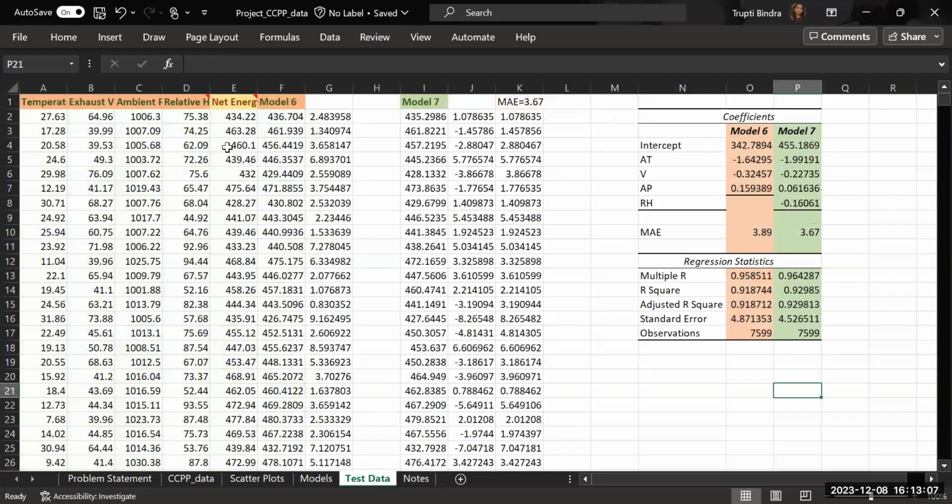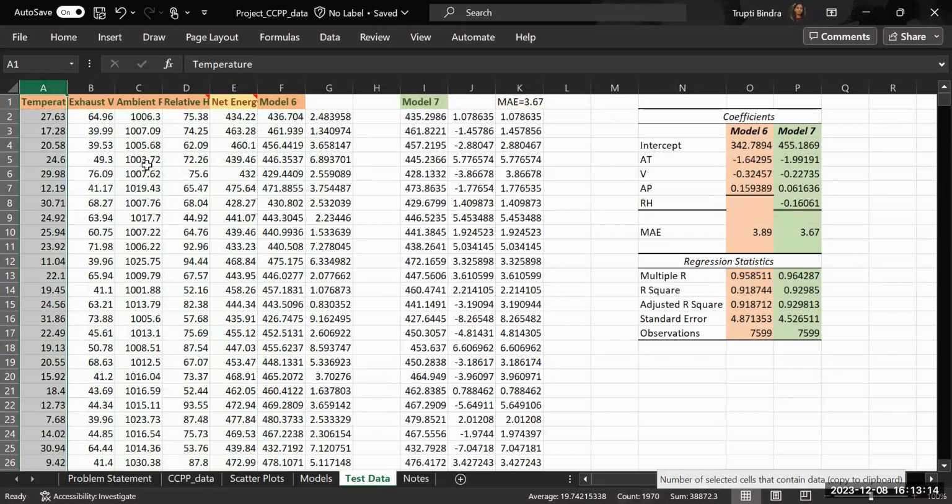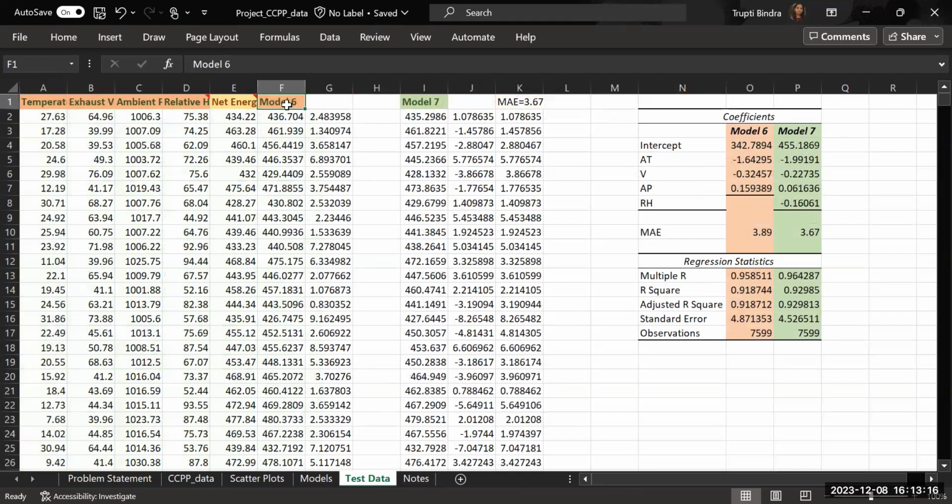If I run it on my test data, which is about 1970 rows, and check it for model 6, I compare the actual output and the predicted output, and this is my